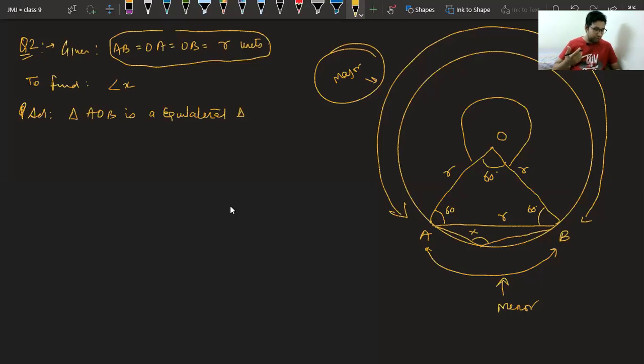Anvesha, good. Others, as the complete angle is 360 degrees, we can do 360 minus 60, which is 300 degrees. So we can say angle A, let me call it D, angle ADB is equal to,